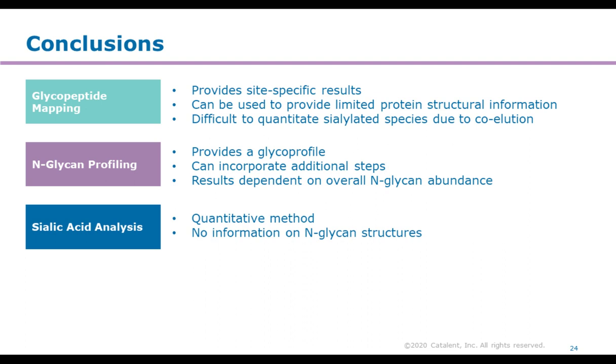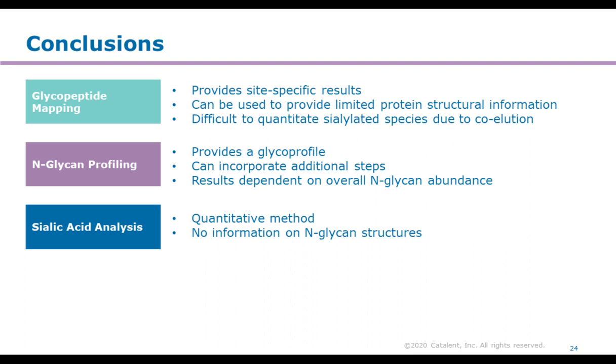The next analysis that we did was N-Glycan glycoprofiling, where you provide a profile of all the different N-Glycans attached to both sites or any number of sites you have on your molecule. You can incorporate additional steps to this process very easily. You can do exoglycosidase digestions or derivatizations of the terminal sugars to show their orientation. And the results are dependent on the overall N-Glycan abundance which is in contrast to what you get with glycopeptide